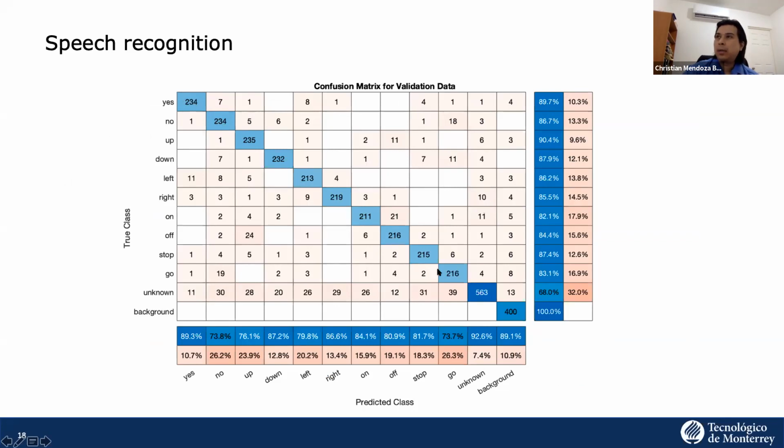The main diagonal of the matrix tells you how good it is at detecting that particular word, and those are good results. Most of the times the model detects the word properly, and sometimes it doesn't, but most of the times it does. So we say it's good enough. Let's test it with new sounds.